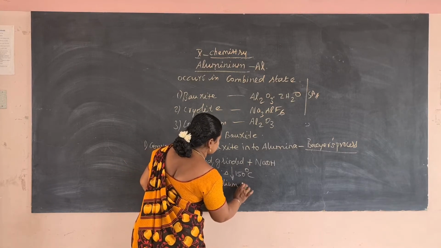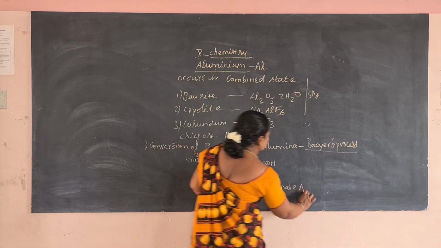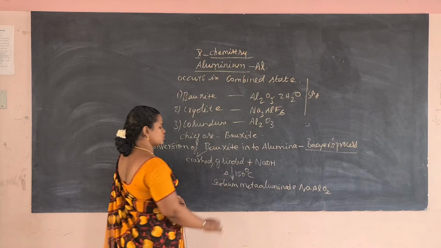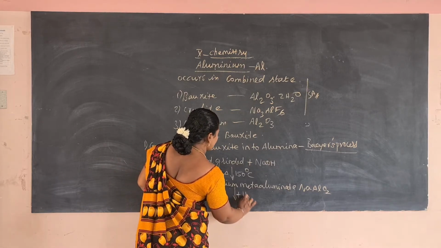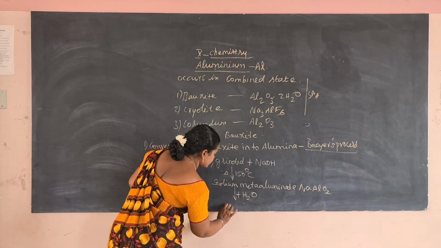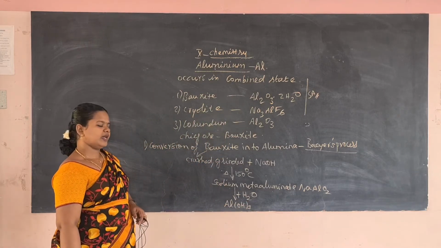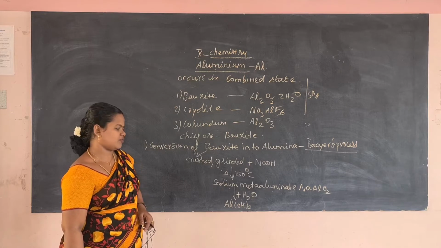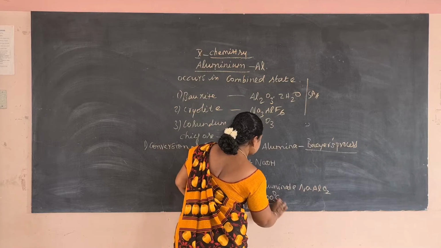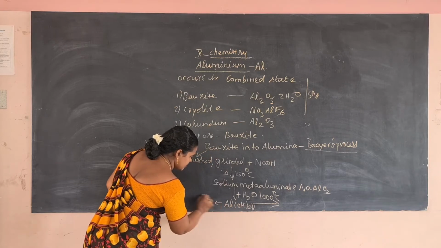At 150 degrees C, it forms sodium meta-aluminate. This sodium meta-aluminate I am diluting by adding water. Then a precipitate is formed. That precipitate is nothing but aluminium hydroxide. This aluminium hydroxide precipitate is filtered,